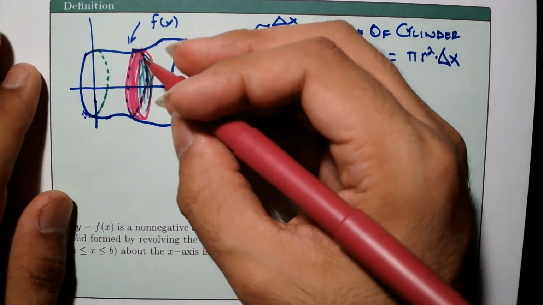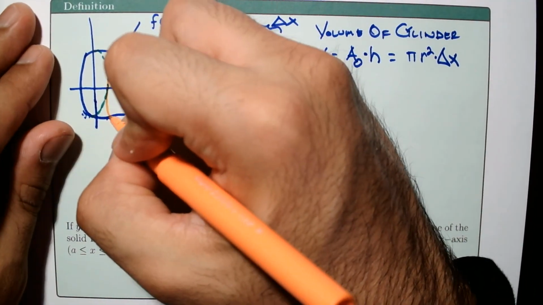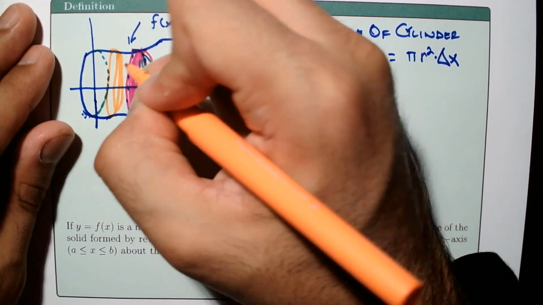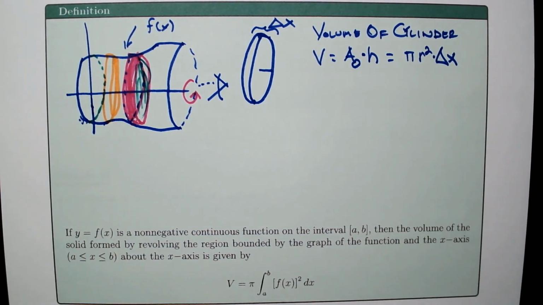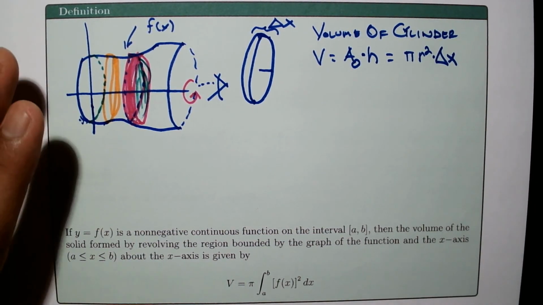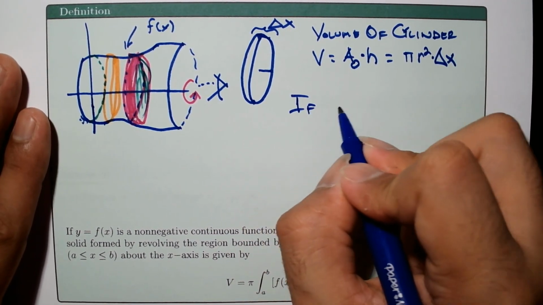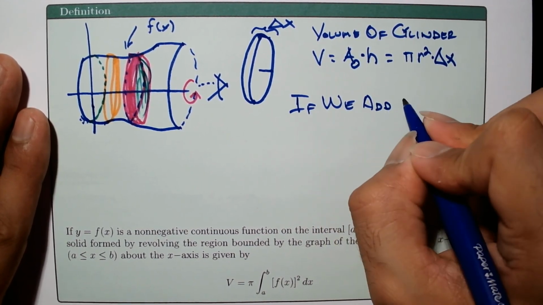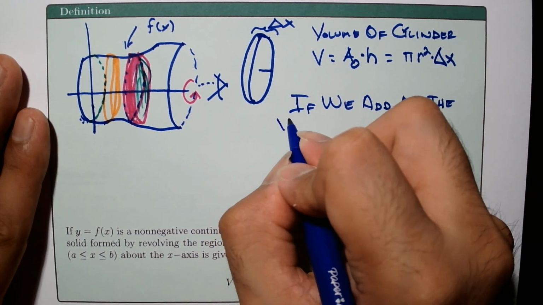So we're going to have the same approach here. I'm going to have another cylinder here, and more and more and more. If I add all these volumes,